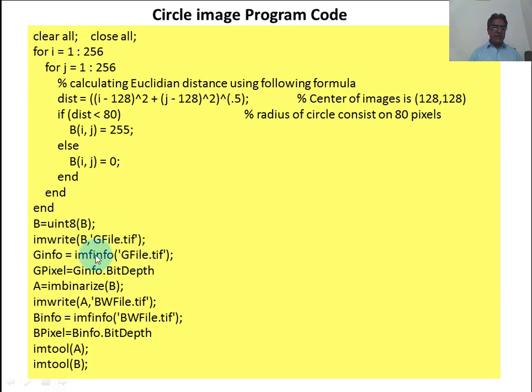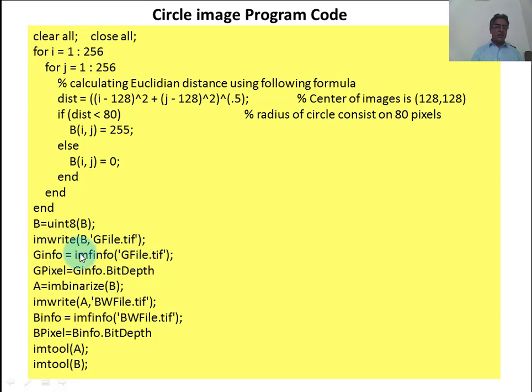Then from this file we get some information: how many pixels and gray shades are present in this image, what the coordinate positions of the pixels are, and what the gray level shade of that coordinate position is. So G information is a variable or a vector, which through this command we check this file which we have recently written on the hard disk.